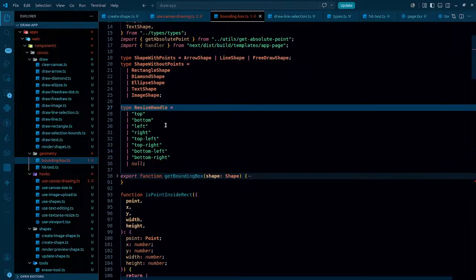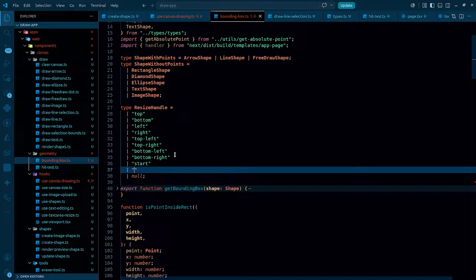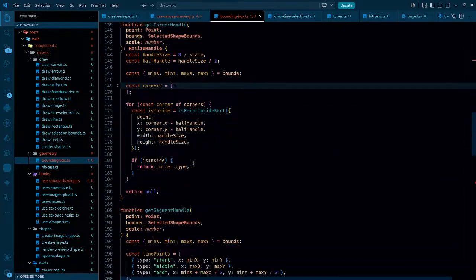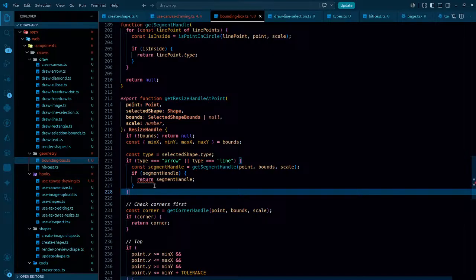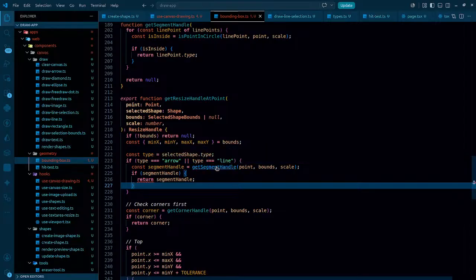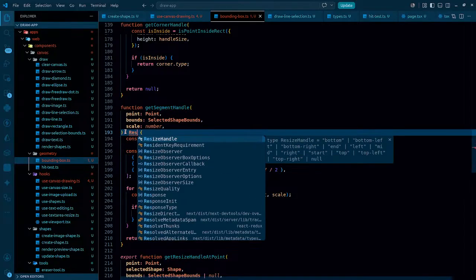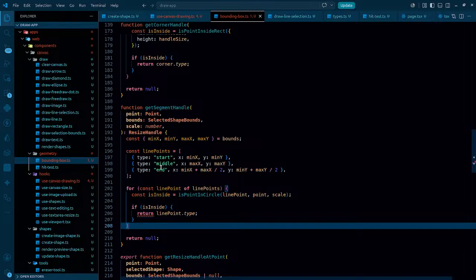Resize handle, that can even return start, mid, or end for a line. So in that case it actually returns resize handle, and the line that I have,